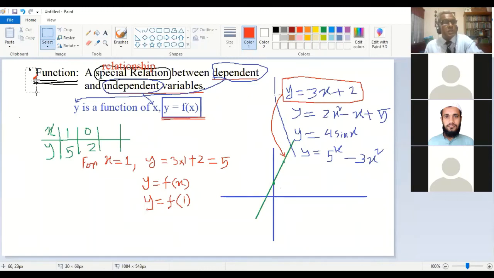Everyone is agreed with this? Which value, sir? I'm going to see, but if I make a graph. Okay, sir. For the second example, that is y equal to 2x square minus x plus 5,